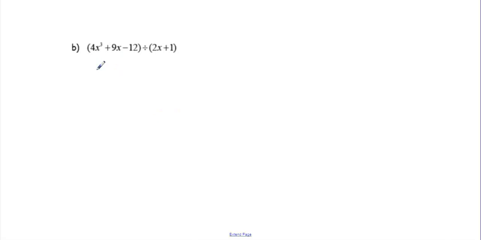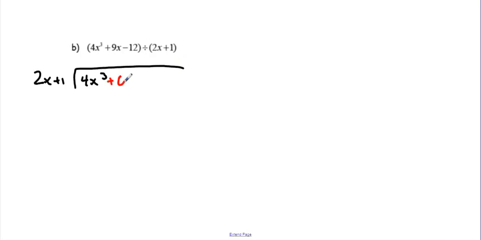So the interesting thing about this one is that, number one, we have a coefficient in front of the x of our divisor, which is interesting, and we have a term missing in our dividend, right? We don't have an x squared term, so we're going to need to put a placeholder in. So let's get started. We're going to write 2x plus 1 divided into 4x cubed